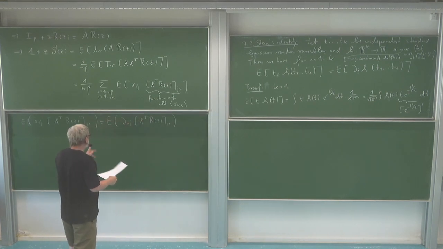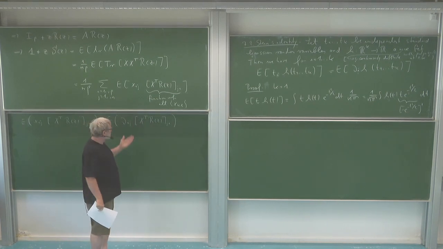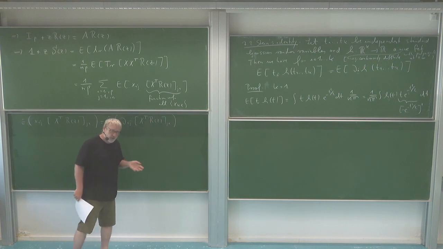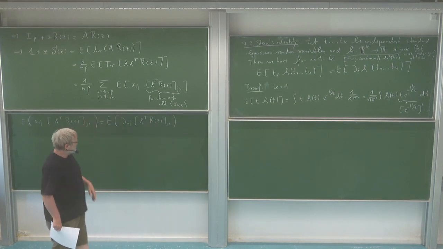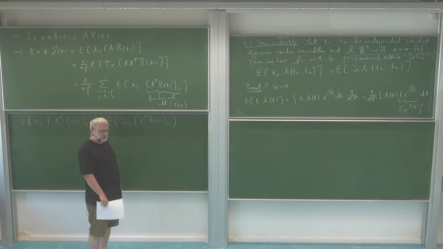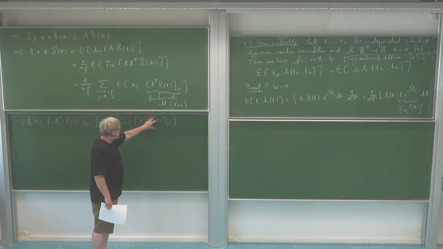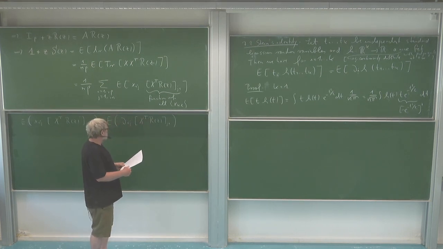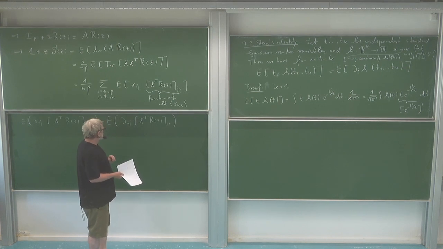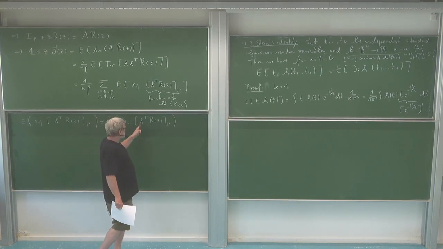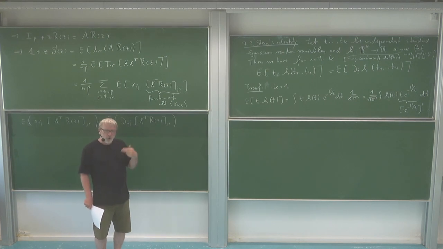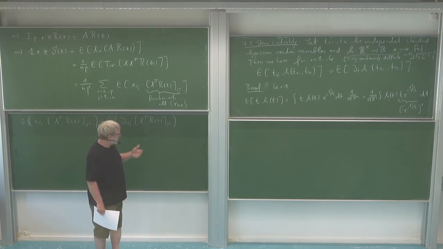Now I have here a product of two functions. I have just the transpose of the matrix, whose derivative is very easy to take, and I have the resolvent, which is a bit more complicated. But I use essentially the product rule. So the derivative of this is the derivative of this times this plus the other way around. And for this, again, this matrix product, I should write it in terms of coordinates, because I would like to see the entries.